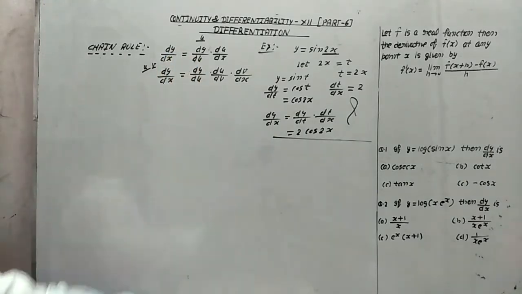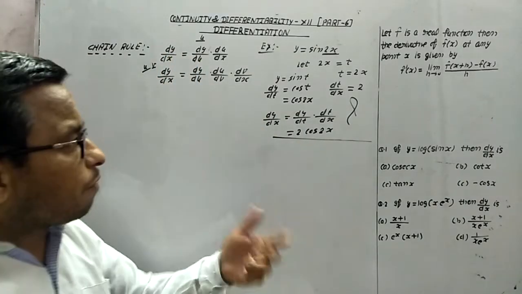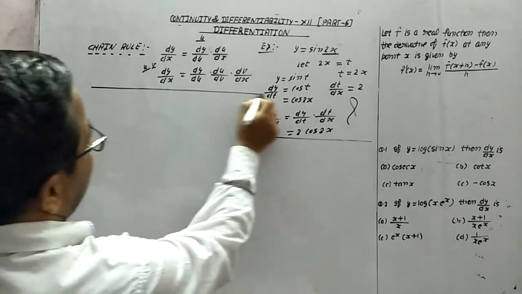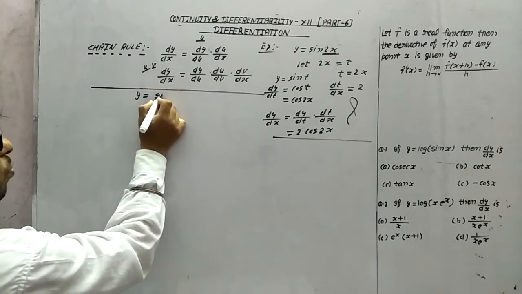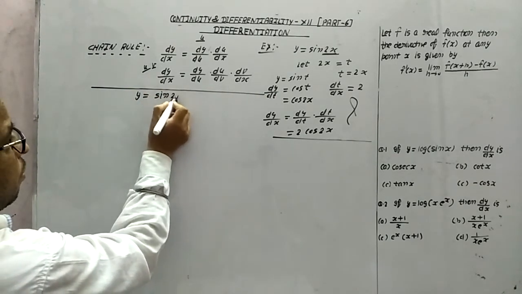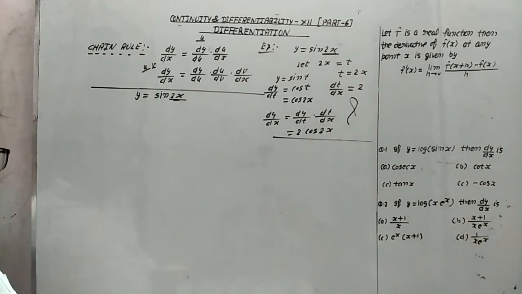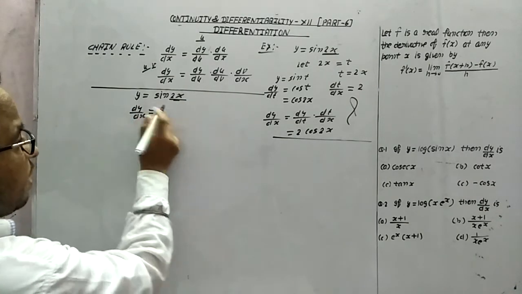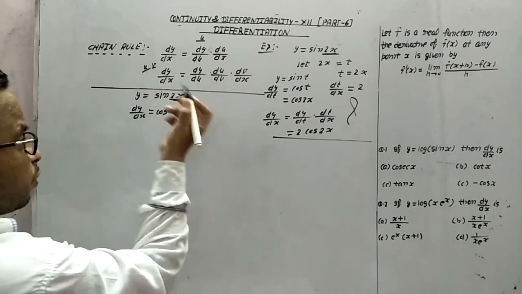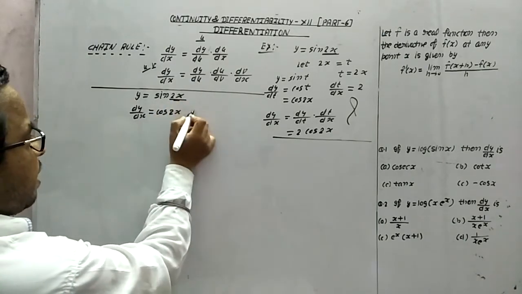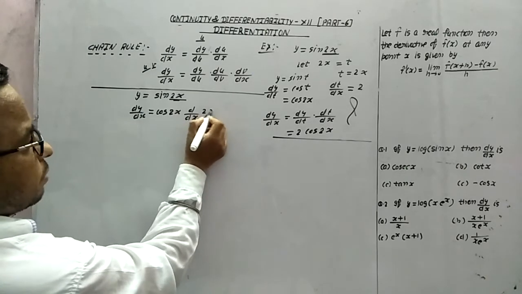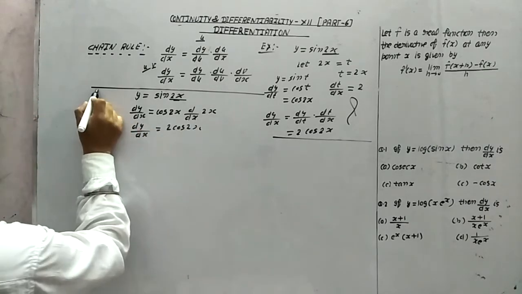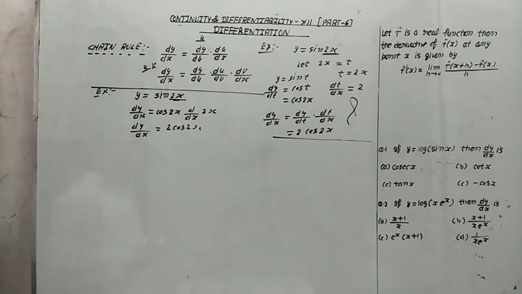So this is the use of the chain rule, but this will take a long time. So the easy way is this. If we want to do the smart calculation, sine 2x, we are observing 2x is creating problem. In your heart you have to consider 2x is equal to t. It means dy by dx: sine t differentiation, cos t. Side by side substitute the value of t, 2x. And whatever is t, differentiation of that with respect to x. It means dy by dx is equal to 2 cos 2x. This is the way which we have to use in 12th standard.